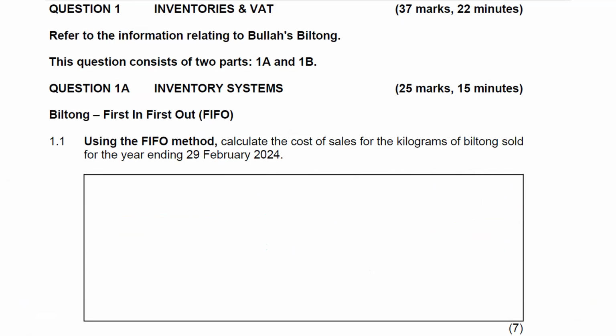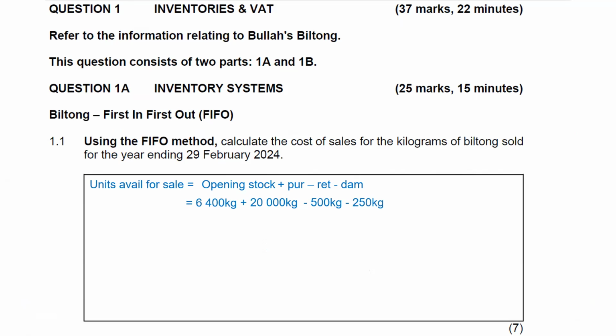You will take units at the beginning of the year, which was 6,400. You add all the purchases and you minus all the returns as well as damages. That will be 6,400 plus 20,000, and your returns were 500 as well as 250, which was the damaged, and that will give you units available to be sold. Of these units available, we only sold 20,300. That means the remaining will be the difference, which will be 25,650 minus 20,300, and that'll give us the value of closing units, and that'll be